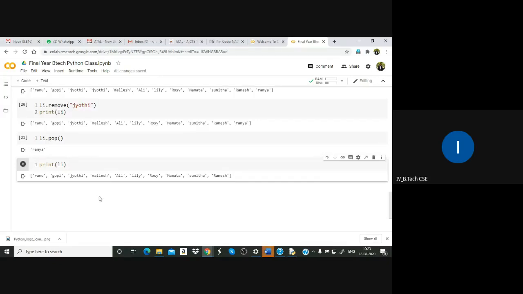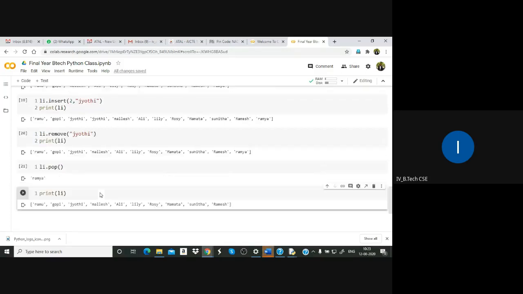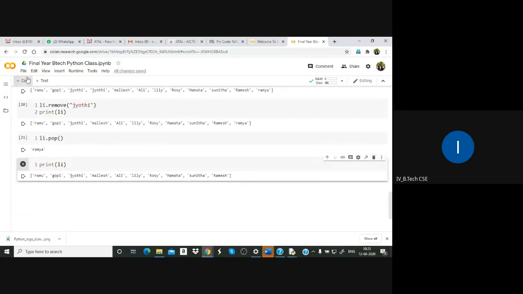That is the pop function. The pop function will be like that. Pop will remove the last element.